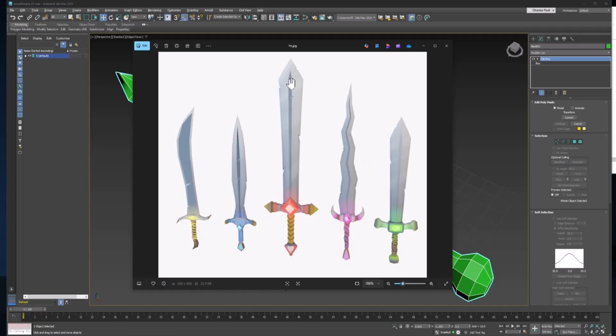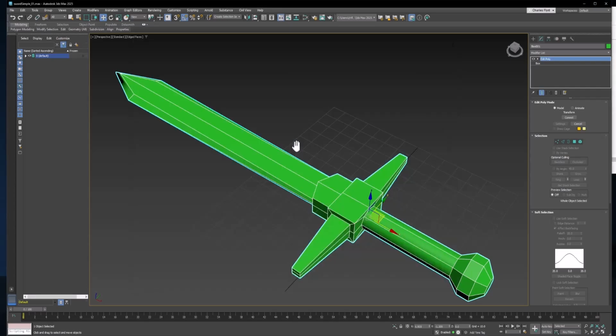This groove down the center of the blade is something called the fuller. Some people call it the blood groove. It has nothing to do with blood. What it's supposed to do is take weight off of the blade and also allow it to be more flexible so it won't break. In the next video, we will create a box,